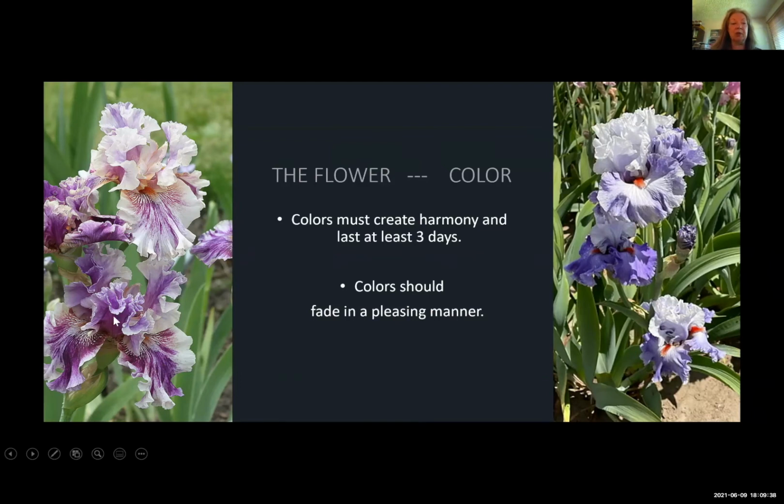These flowers are just open. And this one, I think over here, is just opening. So you can see that's fading relatively nicely. On the right-hand side, again, the terminal is fading and it's getting that kind of crepey look, like it's beginning to fold. This one has a new flower already trying to come out, but you can see the original color on the bottom two flowers. The middle flower is newer than the bottom flower, but it gives you